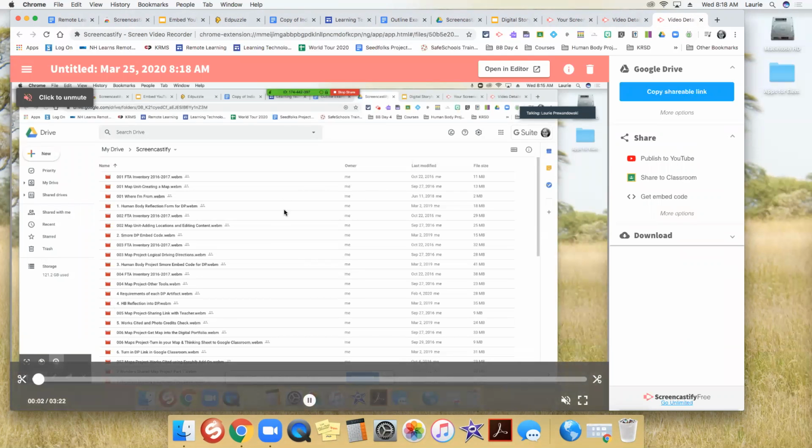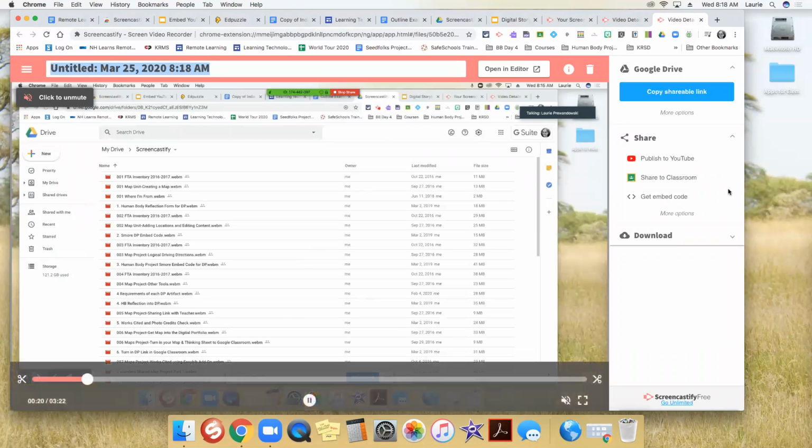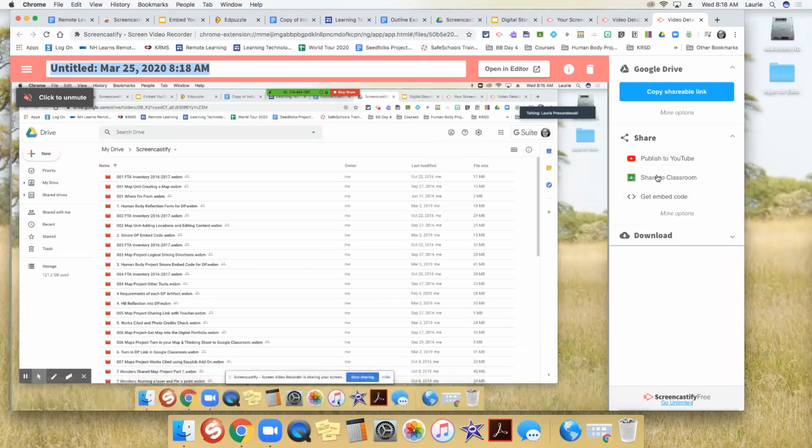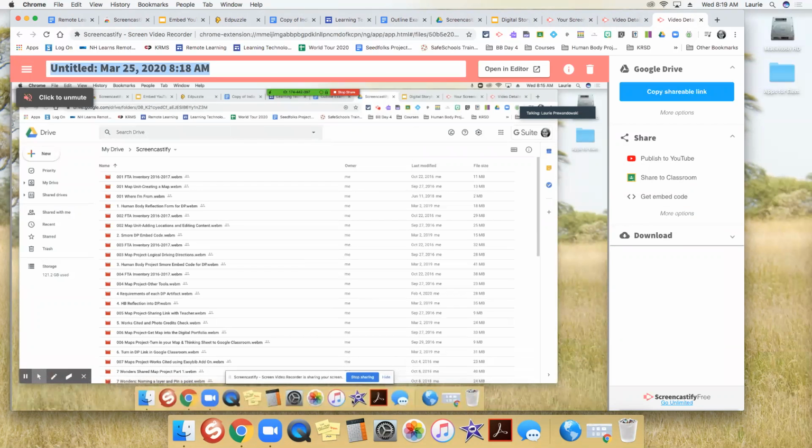Again, every time you create this, it comes to this dashboard automatically. You're going to want to make sure that you give it a title. It's going to title it by the date and time, but that's not going to be helpful for you or students when you're trying to find the work later on. In a little bit, we'll go through some of these features, but I want to demonstrate the one other way that Screencastify works, and that's the full webcam version, so that I can have shown you all three, and then I'll move forward in the presentation.